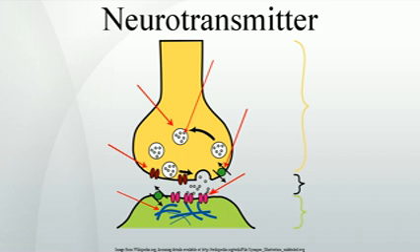Many of these are co-released along with a small molecule transmitter, but in some cases a peptide is the primary transmitter at a synapse. Endorphin is a relatively well-known example of a peptide neurotransmitter. It engages in highly specific interactions with opioid receptors in the central nervous system. Single ions, such as synaptically released zinc, are also considered neurotransmitters by some, as are some gaseous molecules such as